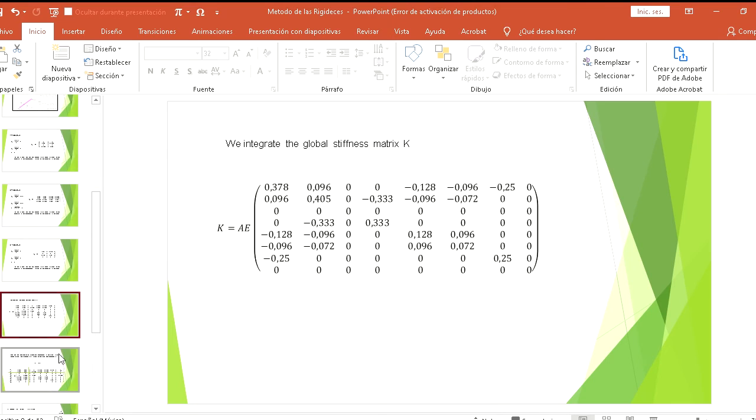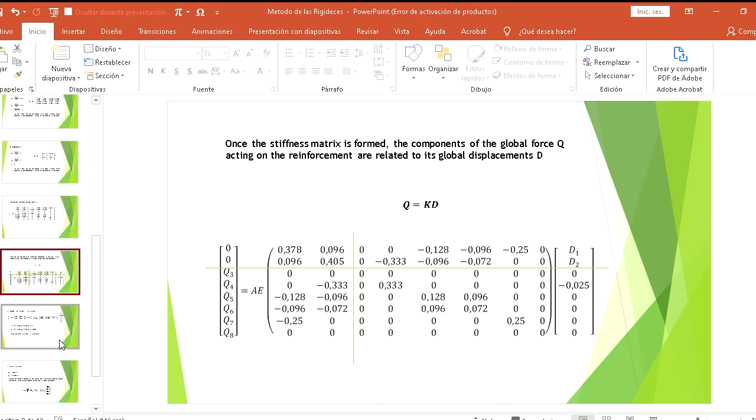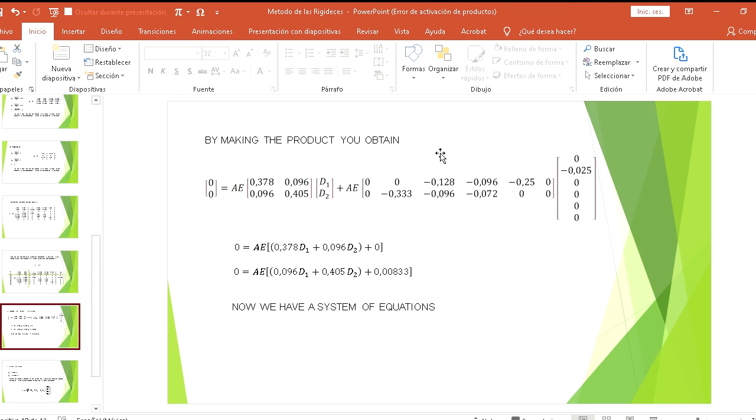Once the stiffness matrix is formed, the components in the global force Q acting on the reinforcement are related to its global displacement d. This is the way: Q equals K times d. By making the product you obtain this, and this is the structure of the force matrix and displacement matrix. And we can create our system of equations